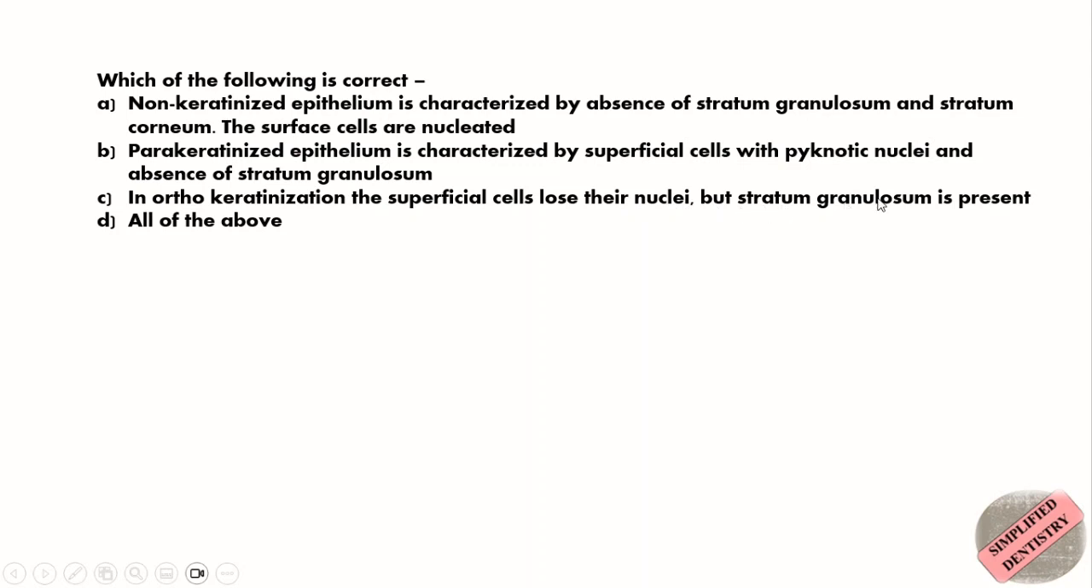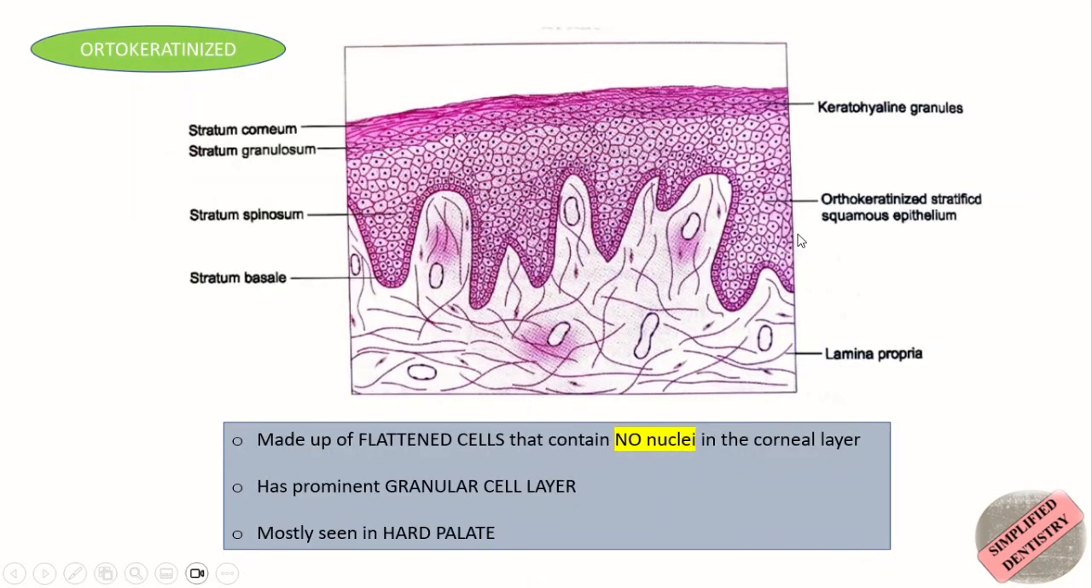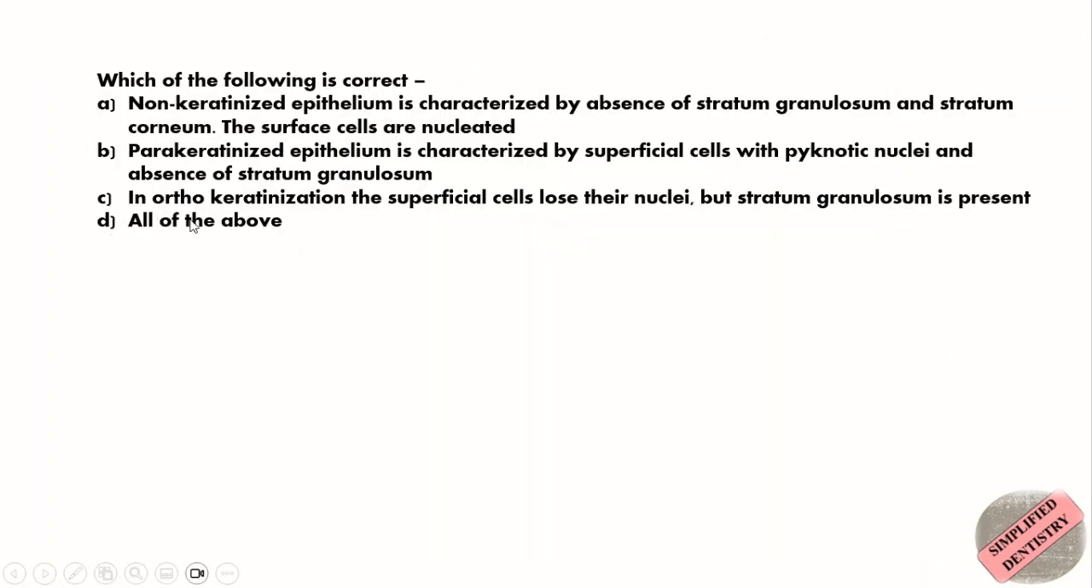Third option is in orthokeratinization, the superficial cells lose their nuclei but stratum granulosum is present. And this is also absolutely correct, as the superficial cells in orthokeratinized epithelium are the flattened cells that contain no nuclei, and it has prominent granular cell layer, that is prominent stratum granulosum. So the correct answer for this question will be option D, which is all of the above, as all the